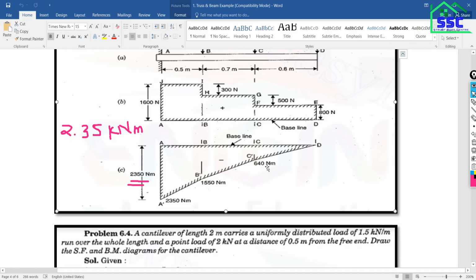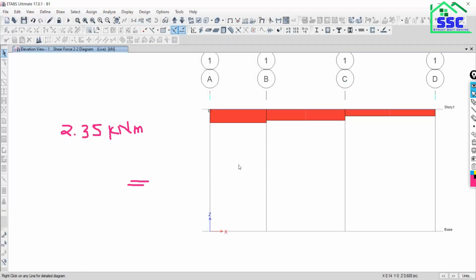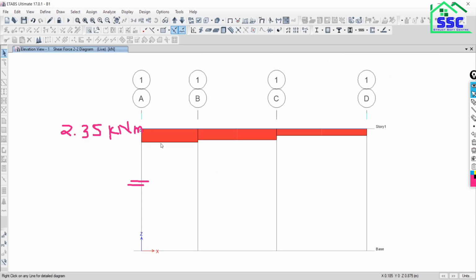So this is only a change of unit or precision, but the values are the same, 640. Got it? This is showing in parts, because we have modeled in 3 different parts.